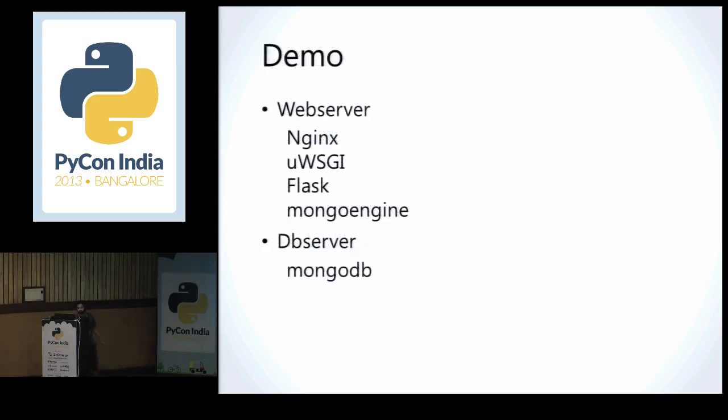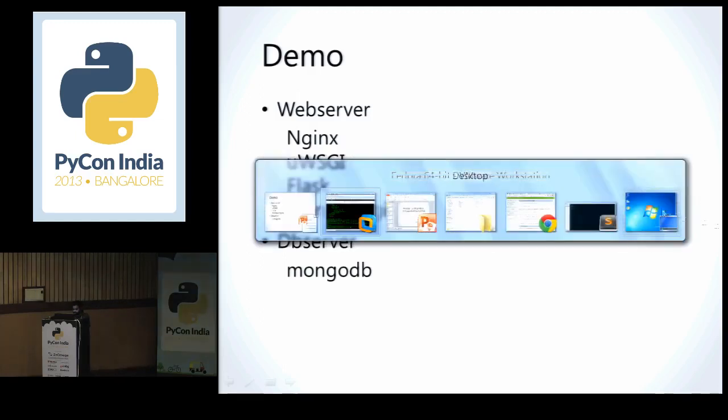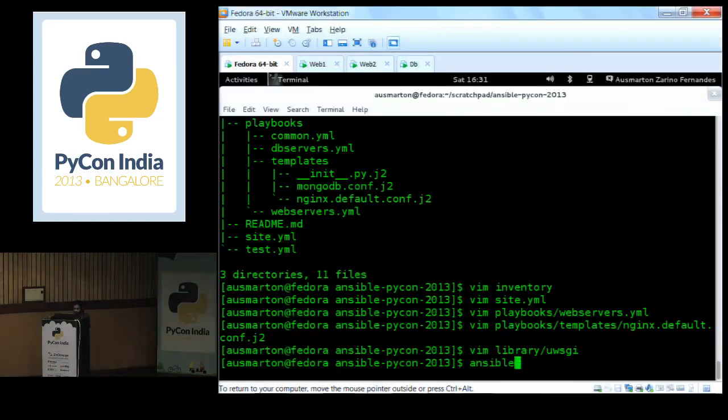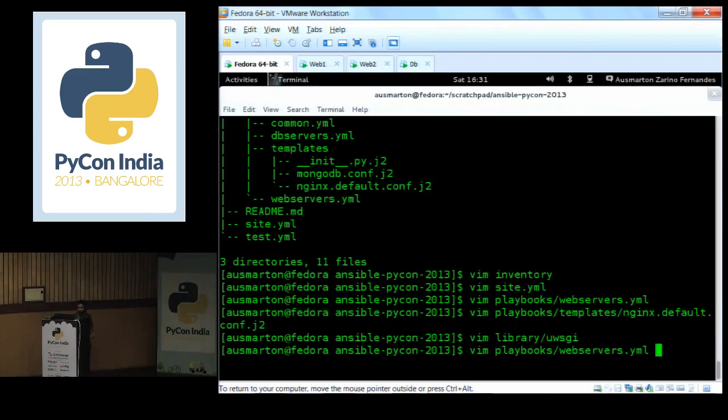And yeah, so this is the setup that I wanted for the demo, and I think I'll just run it, and then we can have the Q&A session, because it'll take some time for it to actually run.